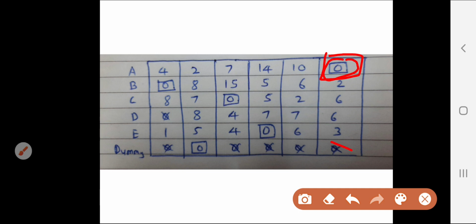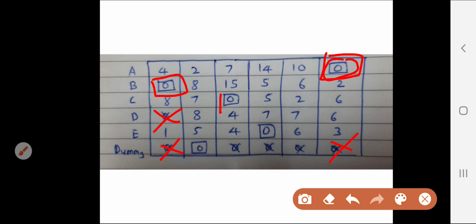Yes, here there is a 0, so you cross it. Now you go for the second row. You choose this as a square, and the other zeros in the same row, in the same column there are 2 zeros, so you cross these zeros. Now you go for the third row.